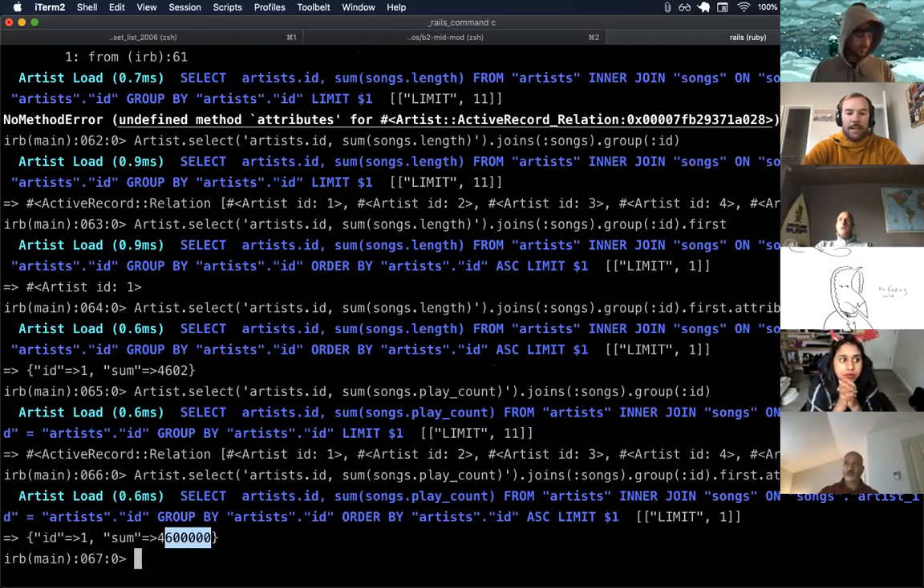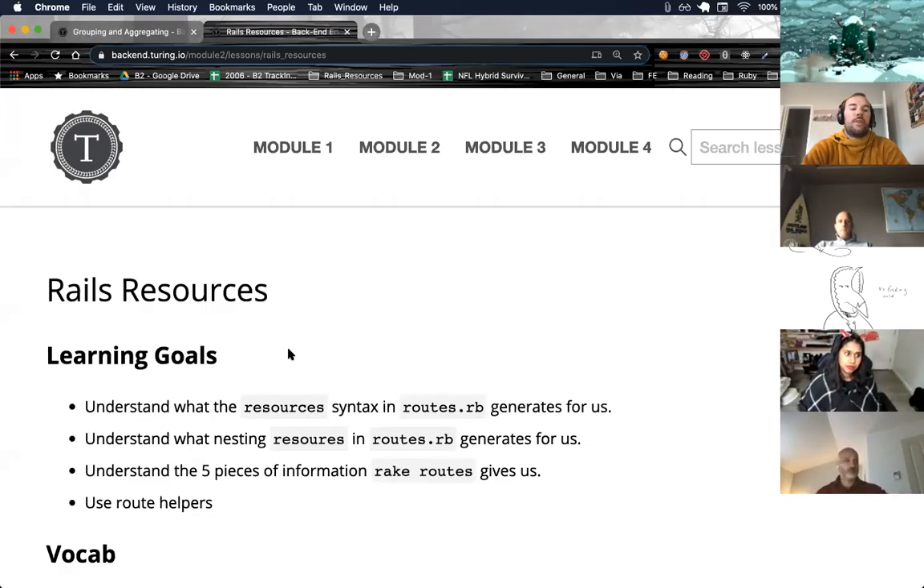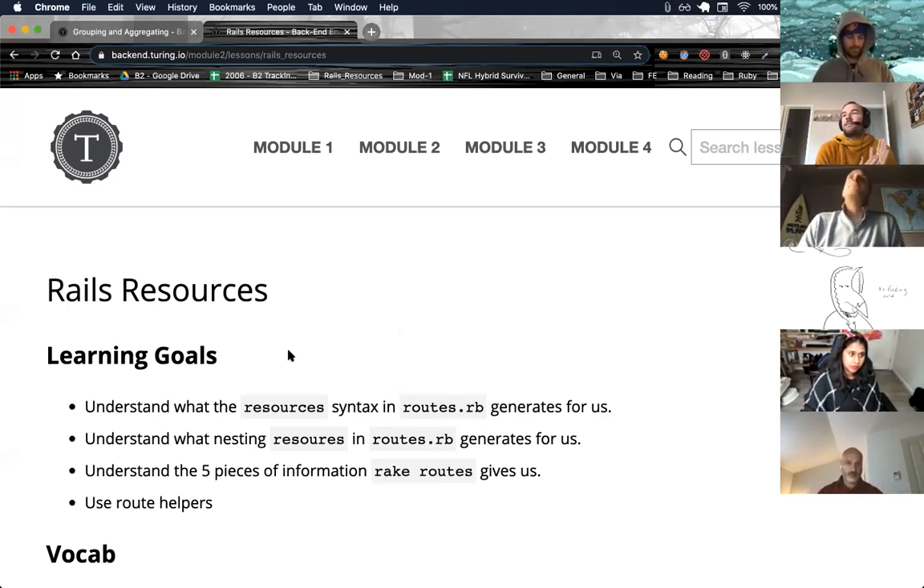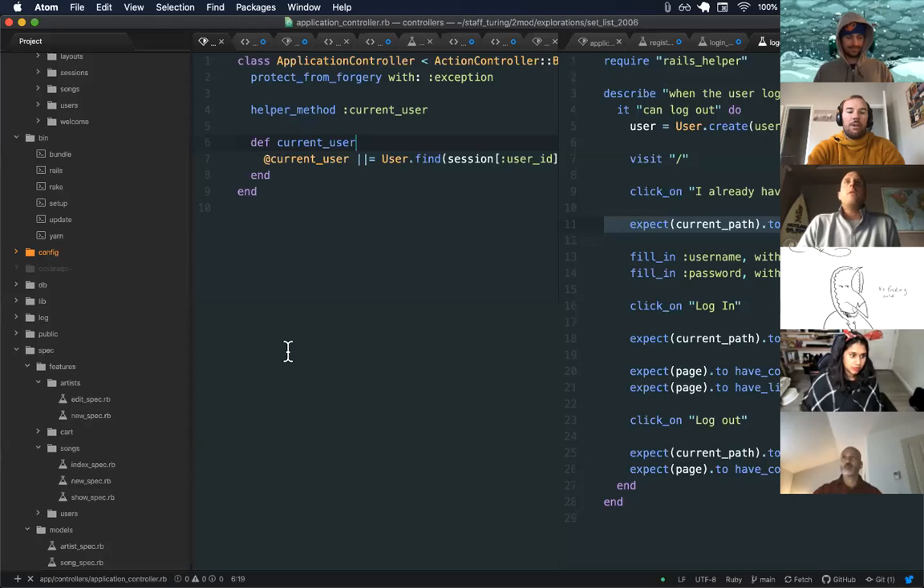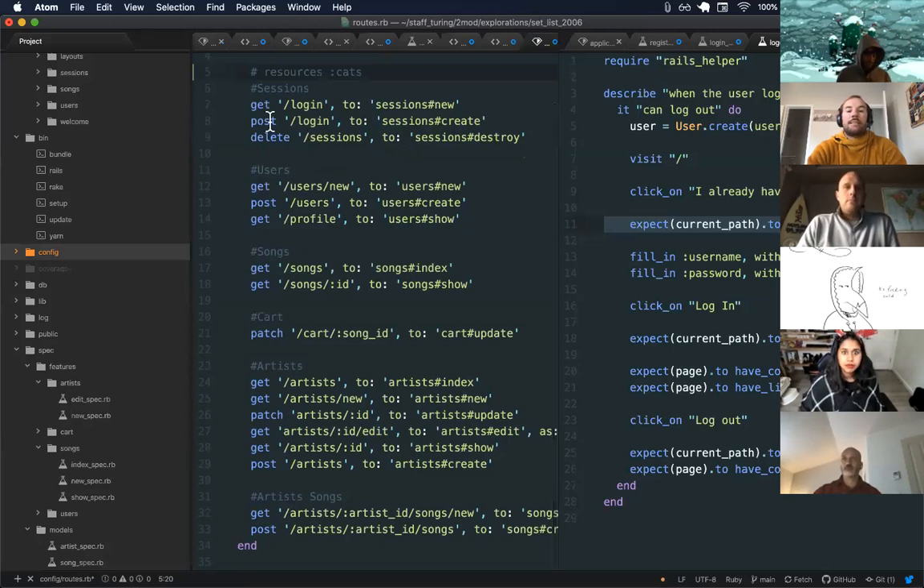Okay, pivot time. So, resources. This is the helper syntax that I told some of you about. We're hand rolling all these routes right now. I can look at my routes file here, and I can see that every route is literally the HTTP verb, what my URI is going to be, and which action it should go to. All of these are hand rolled,